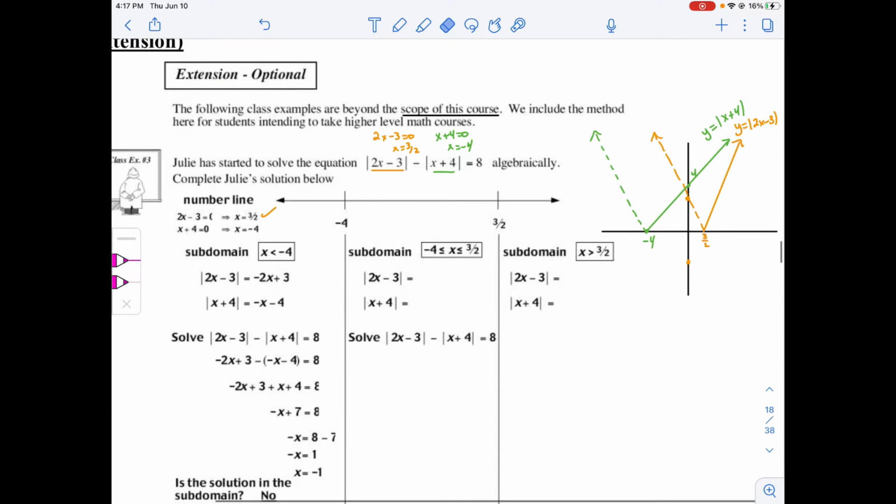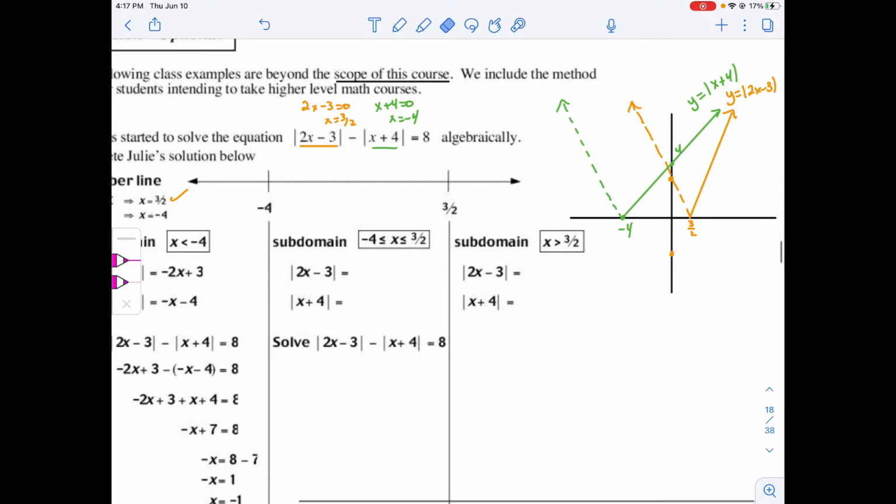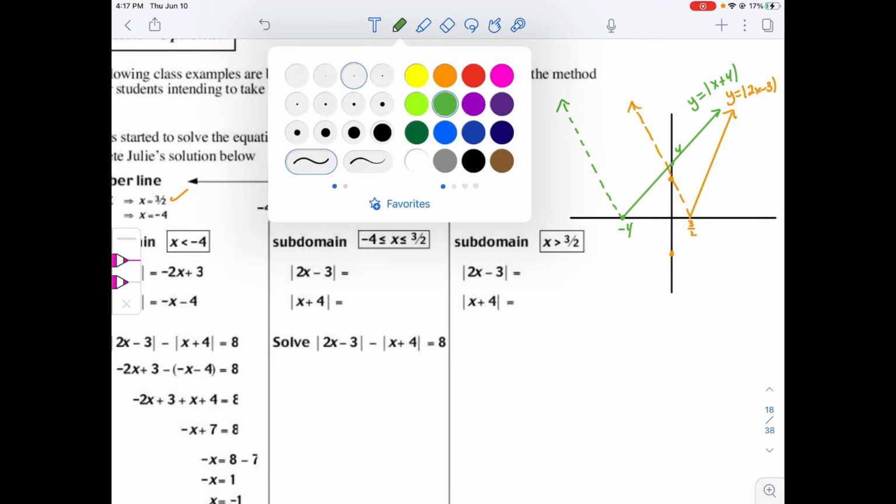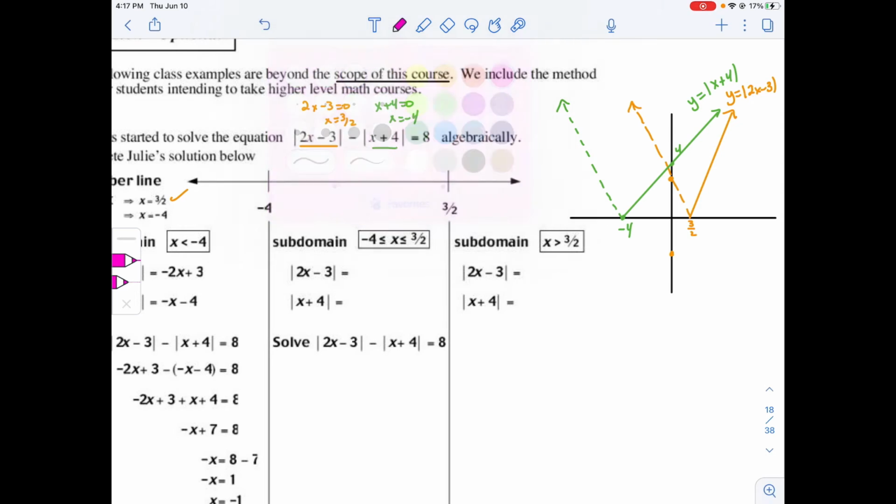Now what I want to do is look at, before we start solving this, what cases do we look at? We've had a case 1, case 2. Now we've got a bunch of cases because we've got 2 different absolute value functions. So what I want to do is break this up into sort of intervals. And that's what they're doing on this number line here. But I think it's really a good visual if I break this up